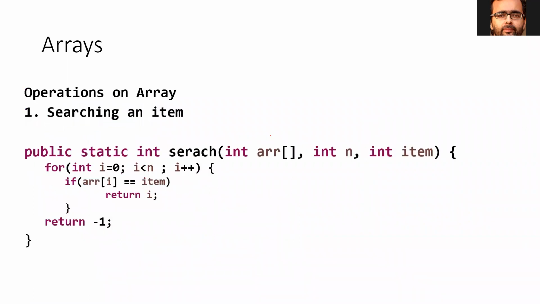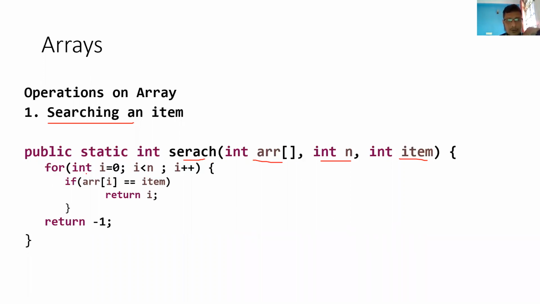Seeing the next. So what all operations will you perform on arrays, right? First one is searching. How do we search for an element? Let's see this example where you have an int array, the number of elements, and the item you need to search for. The number of elements you can always fetch with array.length, but I'm passing it because this is very close to C++ code also. People who are not familiar with Java can also understand this.